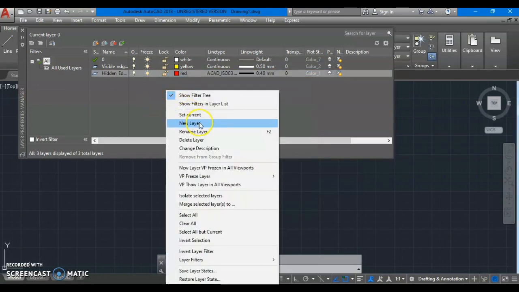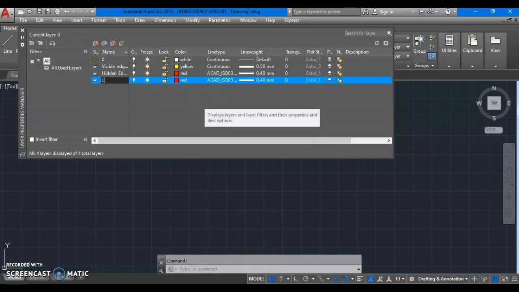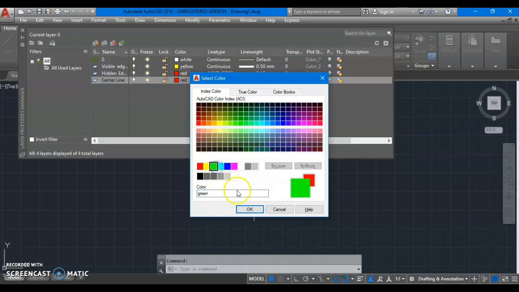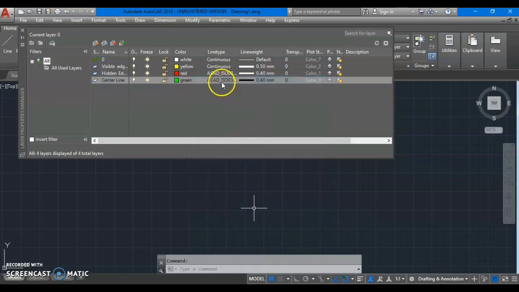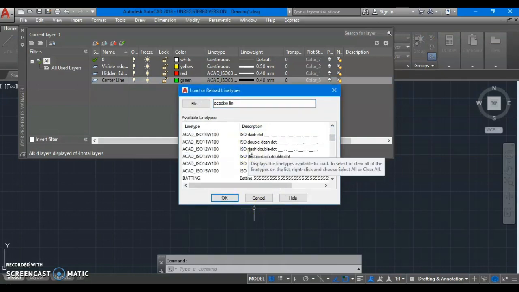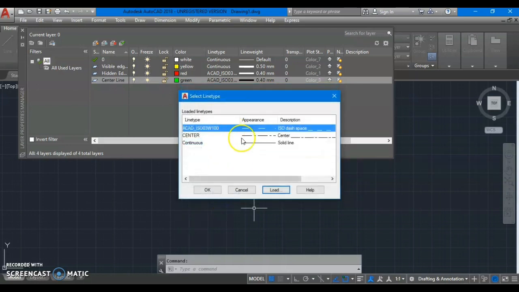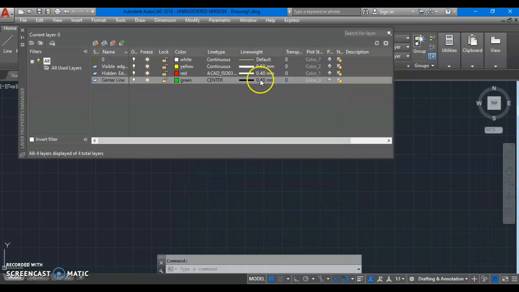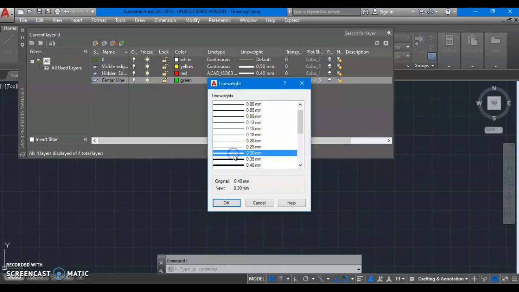Okay. Further, we can draw a few more layers over here. That is for center line, which is generally applicable to axis and cutting plane. Center line. Let's keep its color as green. Okay. Now, obviously, the type of line for center line will be long dash, short dash. So let us select that first. Let's say center line over here. Okay. It is appearing over here, but your cursor has selected this. And if I want to give my center line to this center line layer, I'll select this and say OK. Now I'll change my line weight for this. Let me keep it to 0.3.